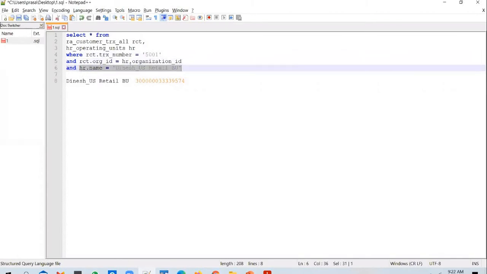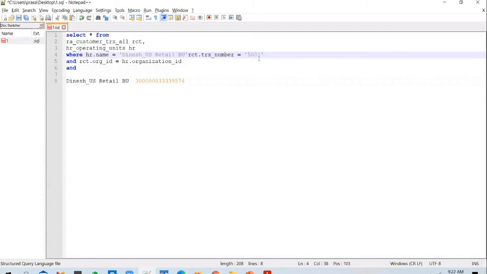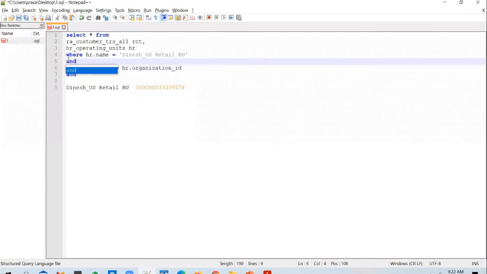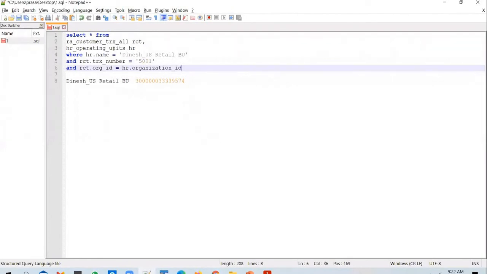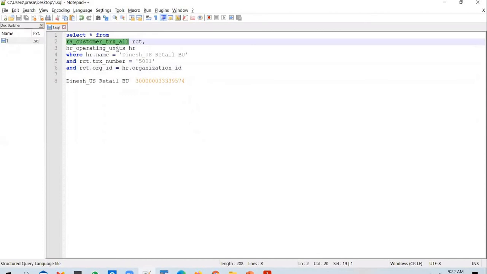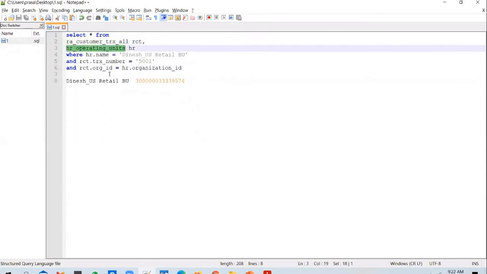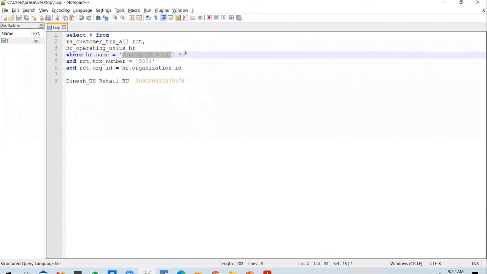I'll just rearrange these conditions. Okay. So what am I doing here? I'm querying two tables, the invoice table and the business units table or operating units table, and I'm applying a filter on the business unit table, and I'm searching for a specific BU.